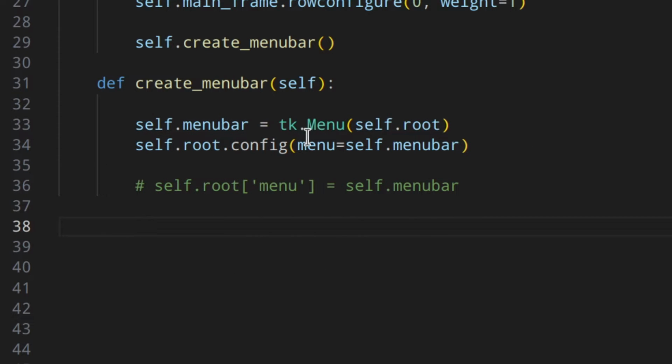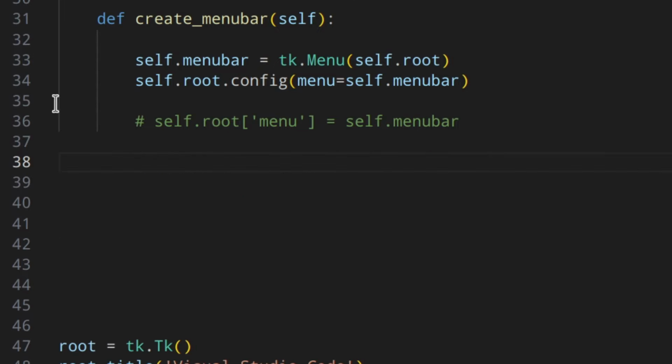So now that we have our menu bar, we can populate it with the various elements. We can add different types of elements like normal commands, submenus, checkboxes, etc. I'm just going to show you normal commands and submenus, which are the most used. But keep in mind that you've got also checkboxes, etc. So a normal command is just a button that you click on the menu and does something, and you can add it using add_command.